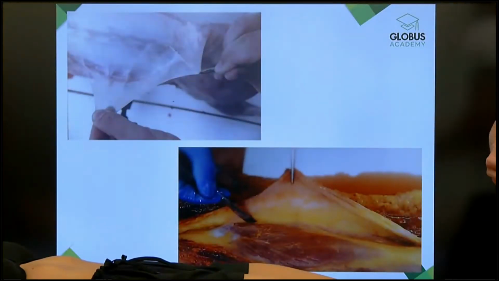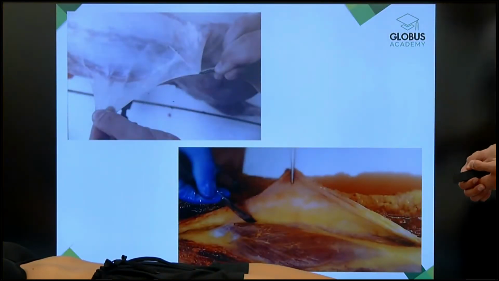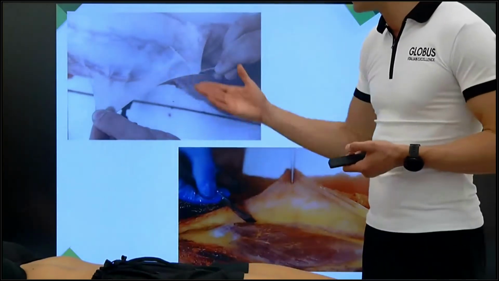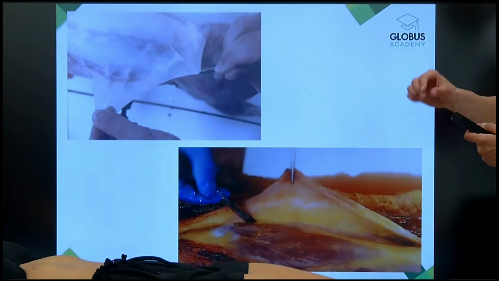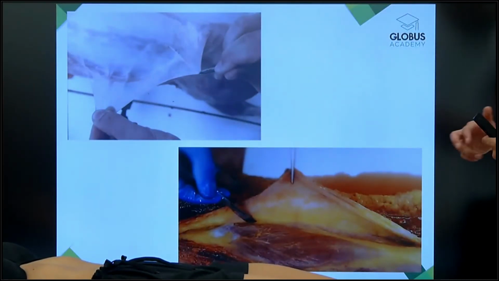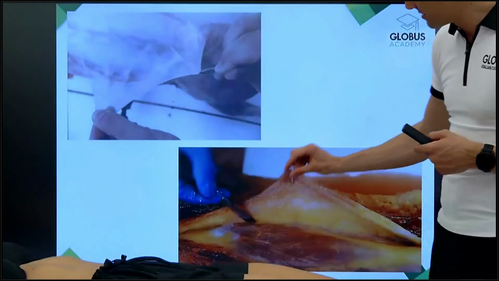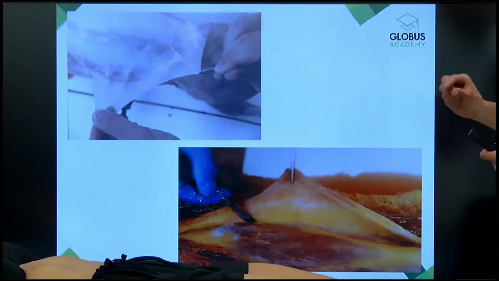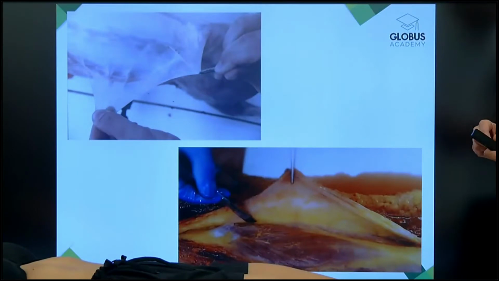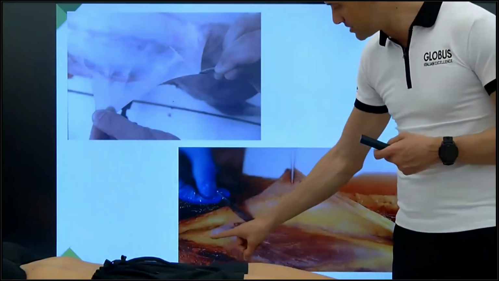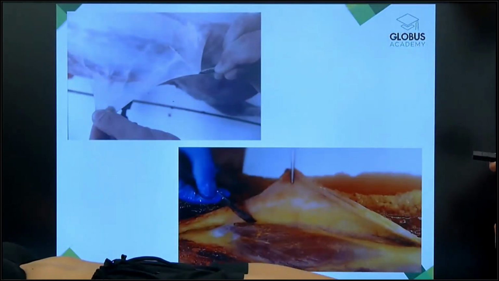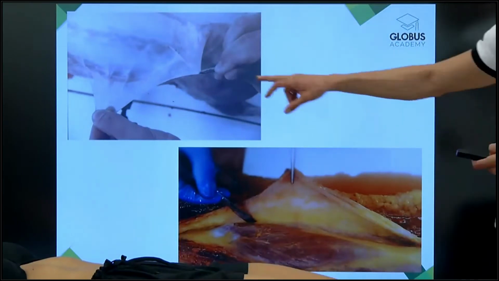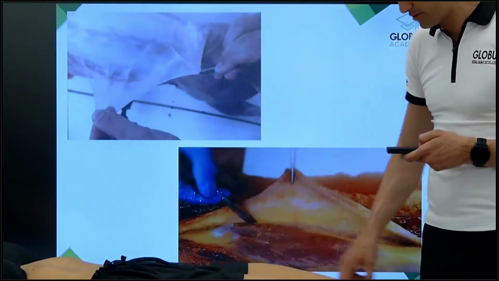Here we got some anatomical images of the superficial fascia. As you can understand, it's very full of elastic fibers. It's a very elastic and thin layer. On the other hand, we got a deep fascia that has an increase in thickness, is stiff, strong as well. And then we got the epimysium over here that covers the muscle. So the three layers: superficial, deep, and epimysium.